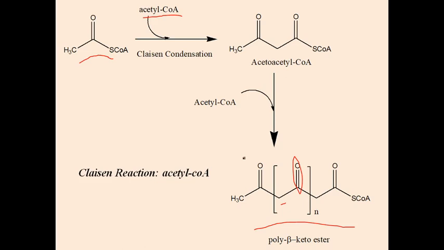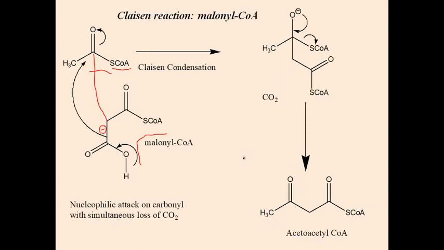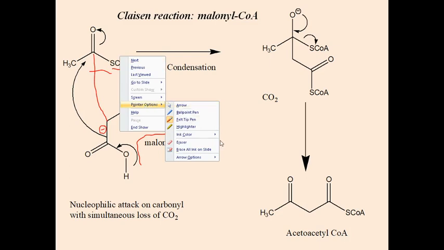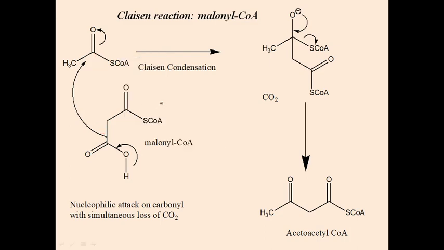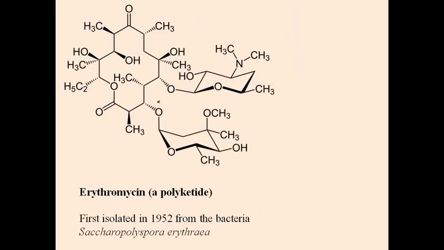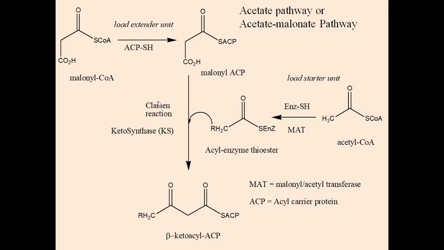This was simple understanding. For more precise understanding, we have to assume here that acetyl coenzyme A reacts with malonyl coenzyme A, but this is also not accurate. The accurate reaction, what actually happens in the plant or microorganism, is like this. Malonyl coenzyme A reacts with thio-ACP. This is SH, you can call it thio, and this is ACP. Here ACP stands for acyl carrier protein. It acts as a carrier protein for the acyl group.